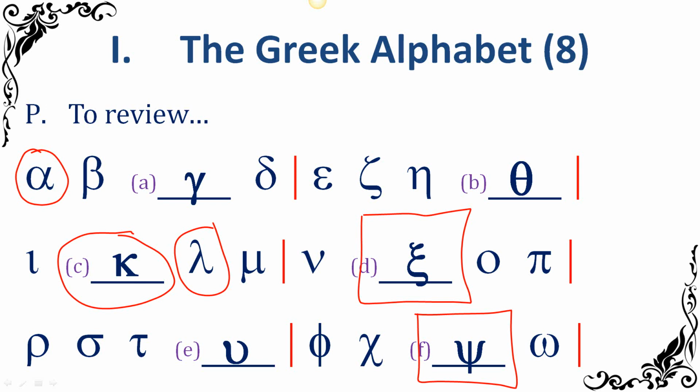So you have the k sound from the kappa, the s sound from the sigma, so xi when you put it together. And then the other one is p and sigma put together, so it has a p sound and then the s, so it's psi. Like the ps in lips, psi.